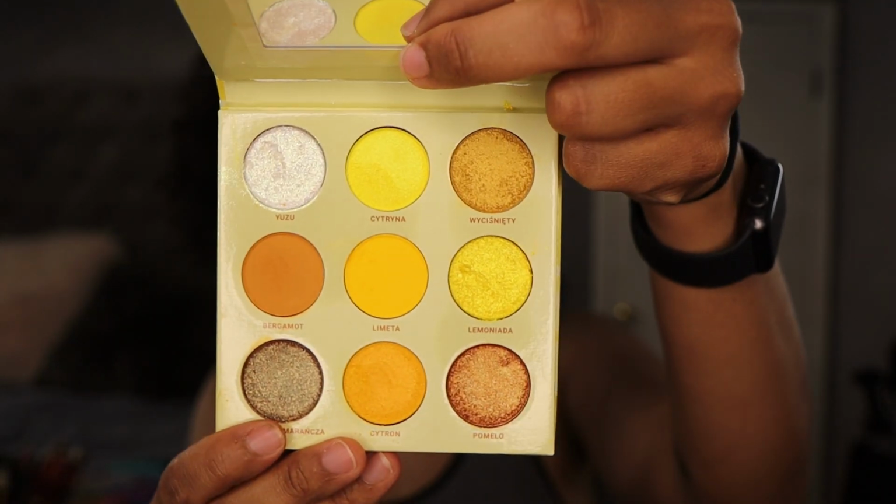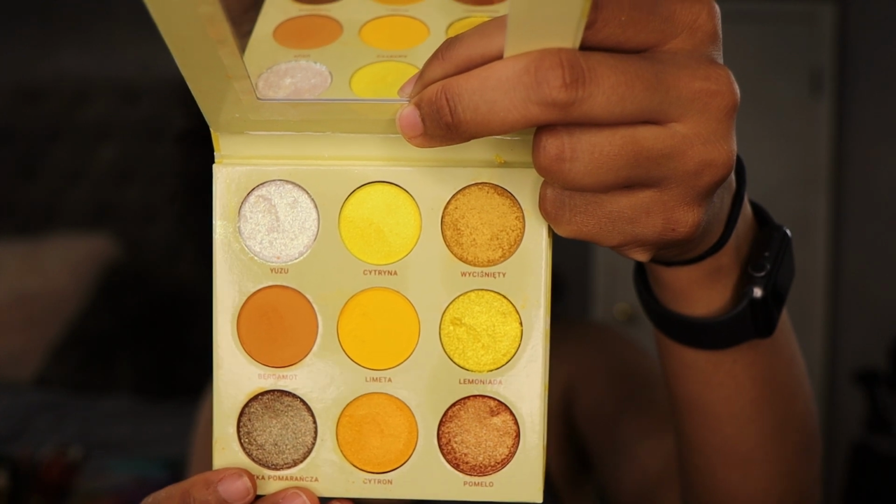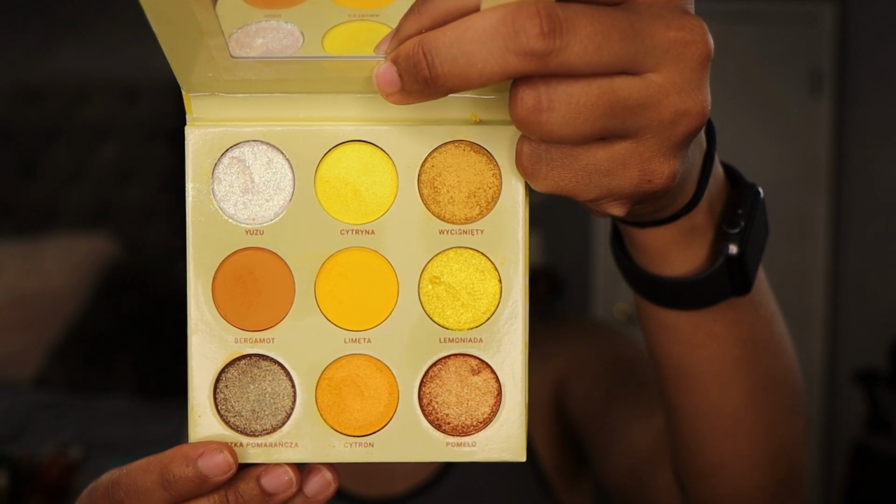Palette number 6 goes to the Citrata palette by Glam Shop. I'm not even going to start about Glam Shop and the awesomeness of this brand. As you can see, this is a very citrusy yellow theme. I say this pretty much every time I talk about Glam Shop palettes: they include shades that a lot of times you find as singles in many indie brands. And for the price point, even with the shipping, it is totally worth it. This palette reminds me of a lemon drop martini. The shades are so beautiful and so potent. Their shining stars are their shimmers and their duochromes. Their mattes are okay. They work great on the eye, but it's not like my Sydney Grace mattes or my Natasha Denona mattes, but you can work with them. I don't know if I would buy matte singles, but the shimmers,